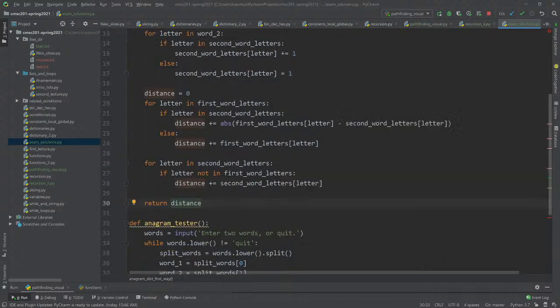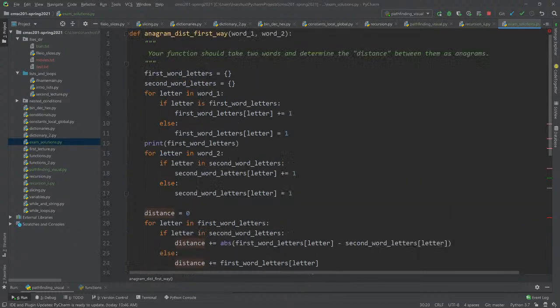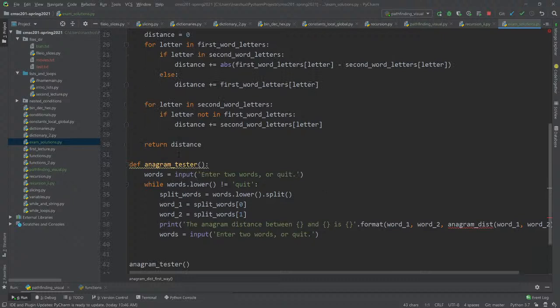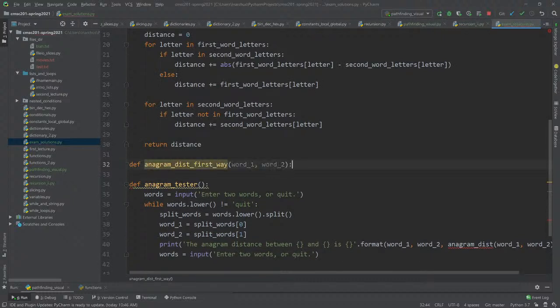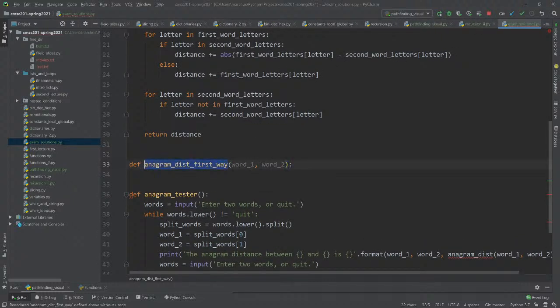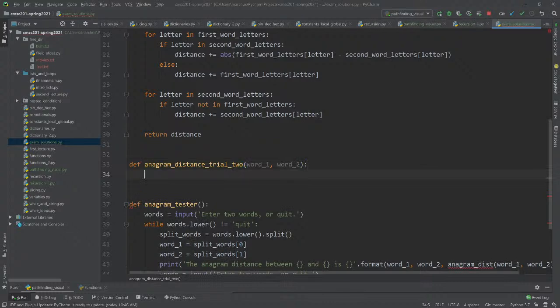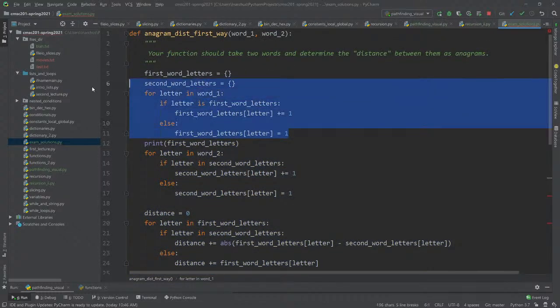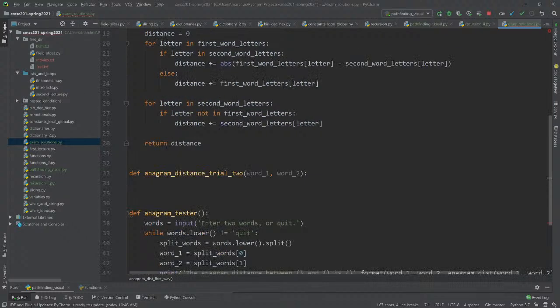Okay, and so this is one way to do the problem, which is not actually my favorite way. I accidented into this solution. So let's do it another way. So anagram distance trial 2, right? So let's go again. Basically, I'm going to do everything the same here. The only thing I'm going to do that's different